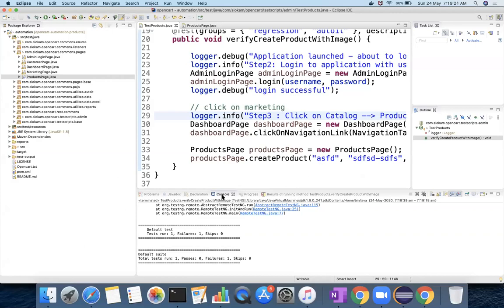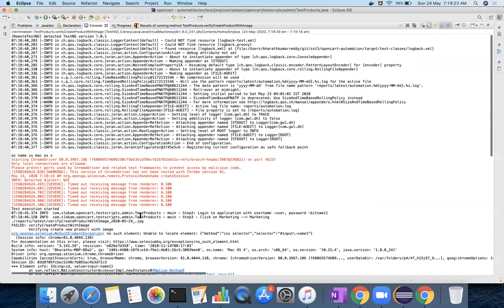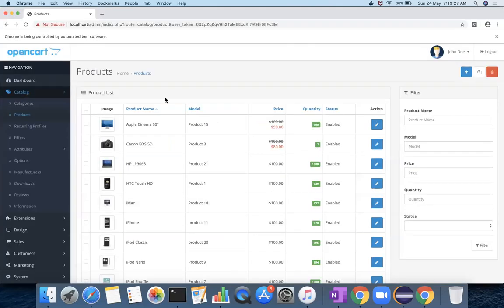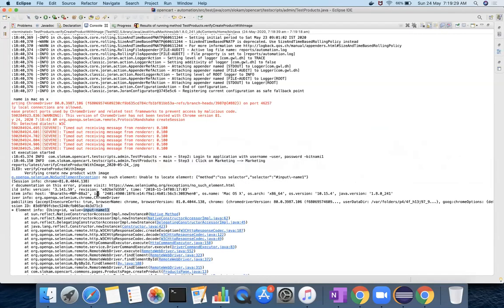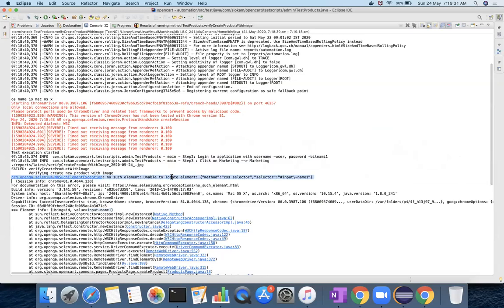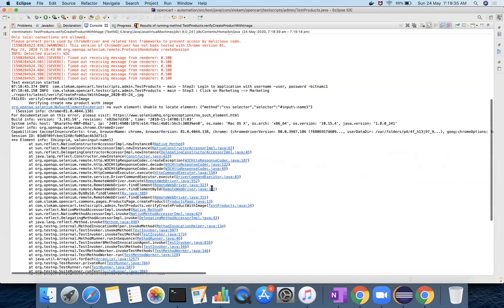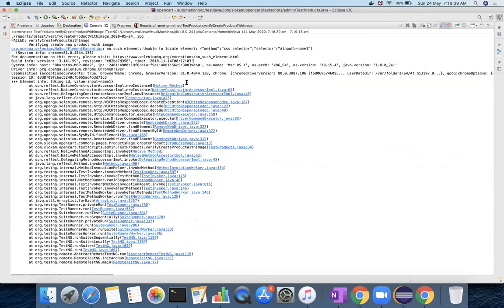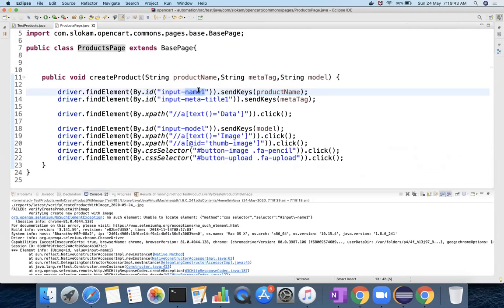Did I add it, plus button? No. So actually what went wrong here is the element unable to locate, no such element exception. Which element did we not able to find? This one. Okay, this one.